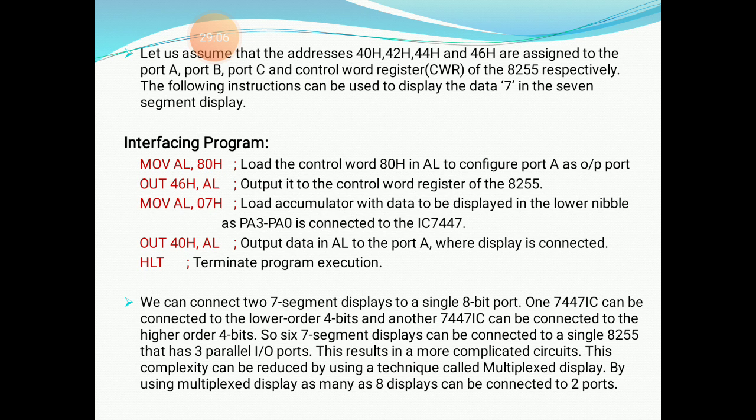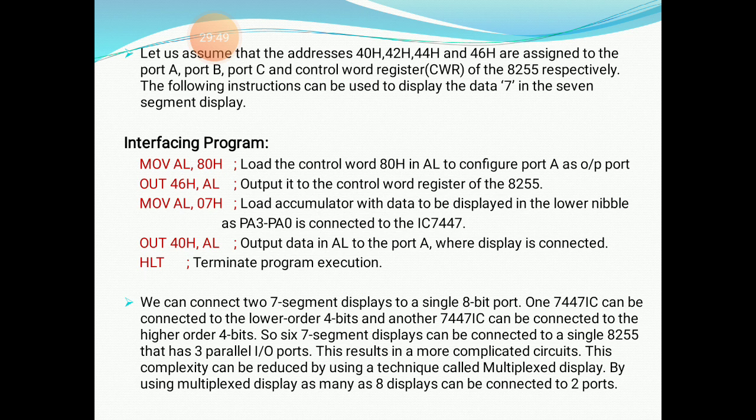Now let us see the interfacing program. The program consists of various operations. The operations are: first, load the control word into the register AL. This control word 80H is sent to the control word register for initialization of the 8255. And we want to display a BCD number, that is 7, in the 7 segment display. This BCD number is sent to the register AL, and this BCD number from AL register is sent to the port A. And this BCD number will be displayed on the 7 segment display device, and stop the execution by using the halt